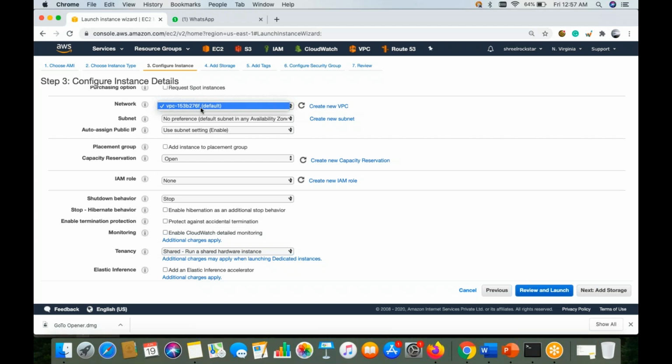In real time we create a customized VPC with our IP addressing. There we can decide which server should be exposed to public and which should not, so you keep your database, app server and critical servers in the private subnet, and your exposed web server and front-end server, which serve the traffic from users, will be part of your public subnet.